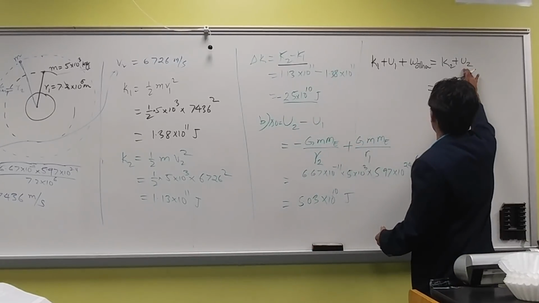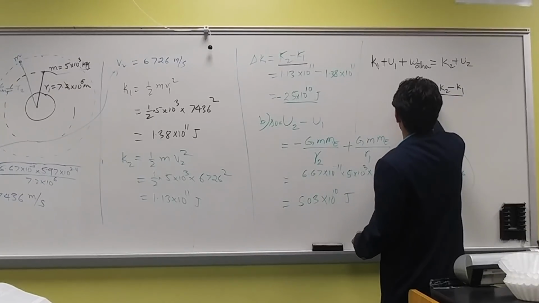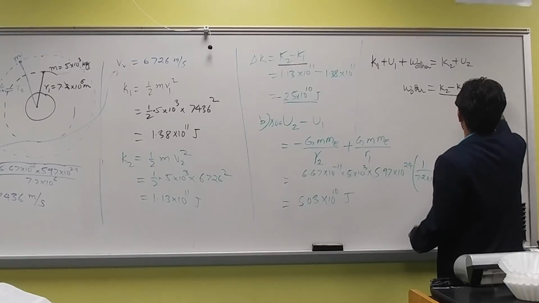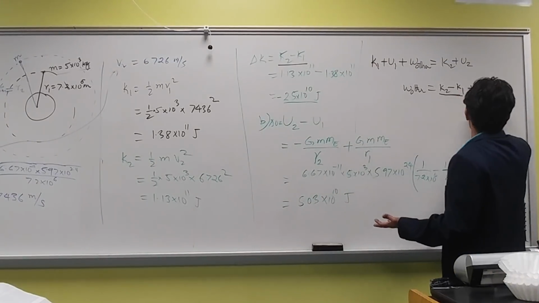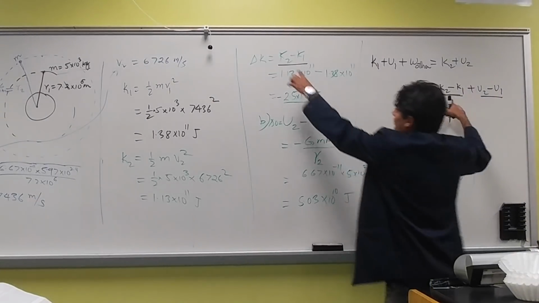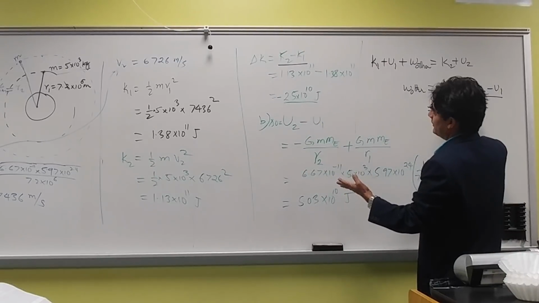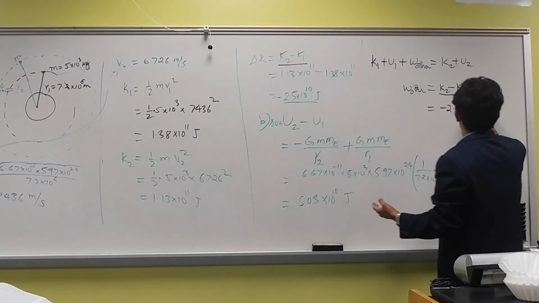So your W other is only left here, plus U2 minus U1. Is that right? So now you have this information. That's it. So your W other will be, this whole thing is minus 2.5 times 10 to the 10 plus,